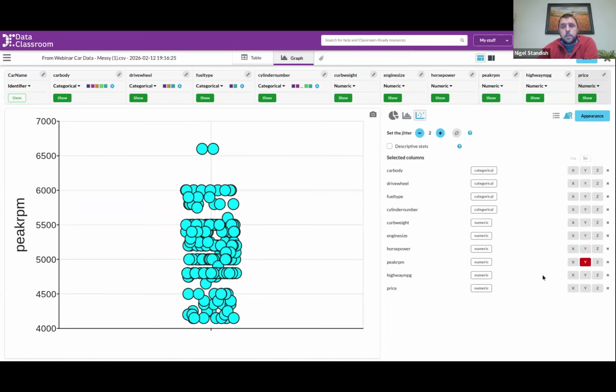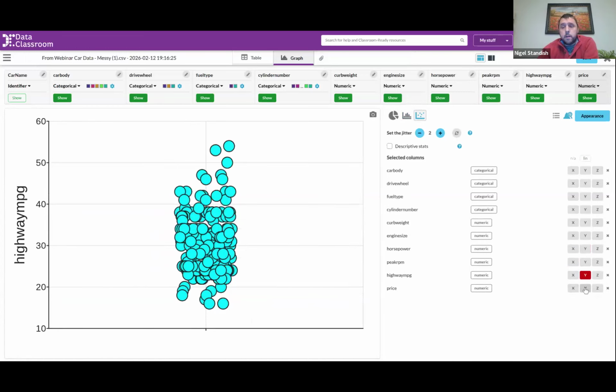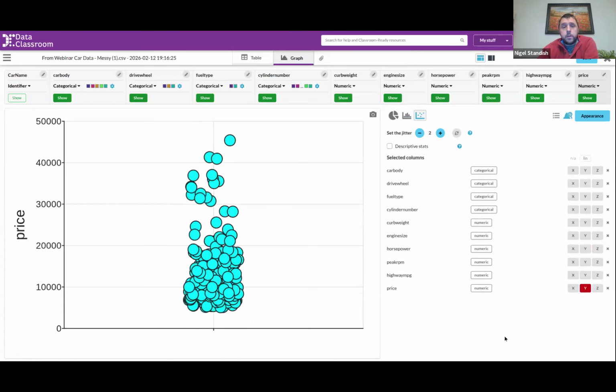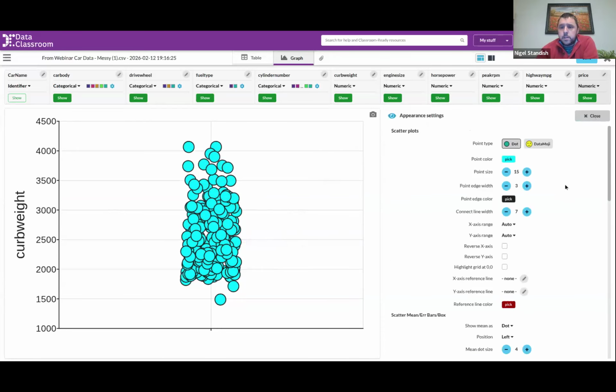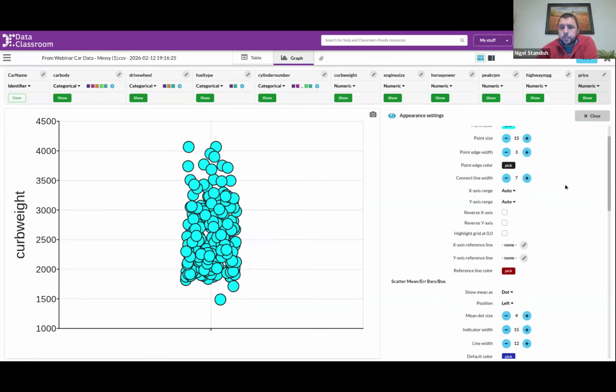And that is a different way to view the numeric variables as we go down. And often really helpful for teachers and students to see the raw data as dots and points here. Now, this weight distribution here is quite clumped, and so we might want to just change how that looks a little bit. So let's go up to appearance,